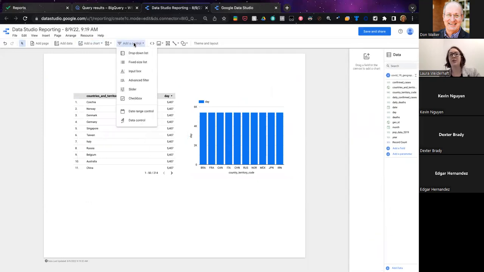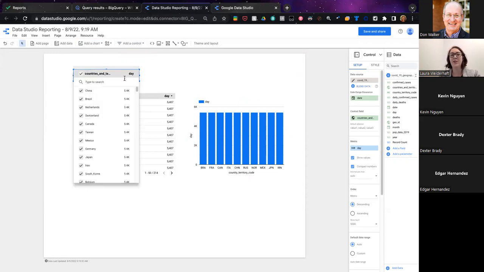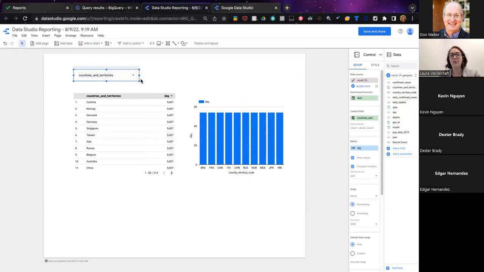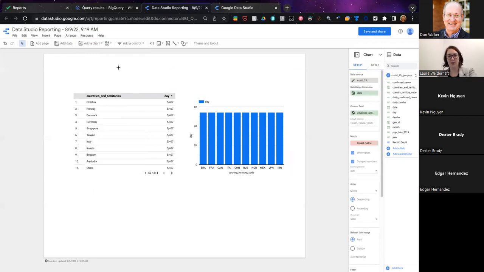So the other piece of Data Studio is the controls. What you're able to do is allow the user, all of Data Studio is really intended to allow other stakeholders to interact with the charts that you've created. What I try and do is create visualizations that are as broad as possible, and then provide all of the different ways that someone would maybe want to filter down their data.